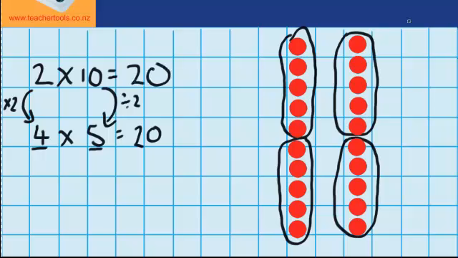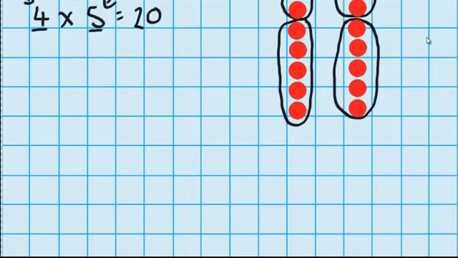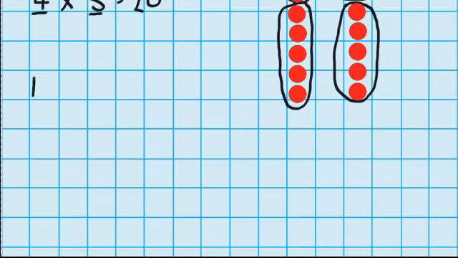Now let's see if we can use this method to solve a harder question. Let's try 18 times 3. And we worked out before that we can make one side half as big and the other side twice as big. So in this example here, I'm going to make the 3 twice as big, so that will become 6,